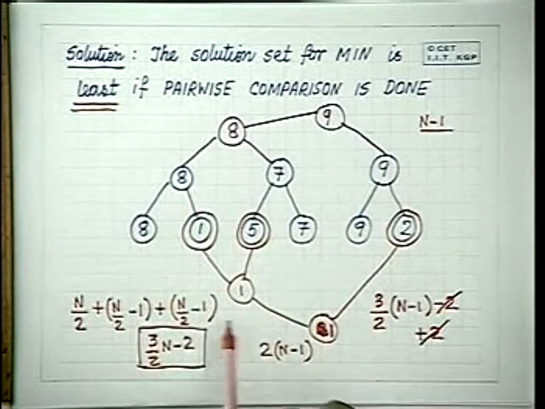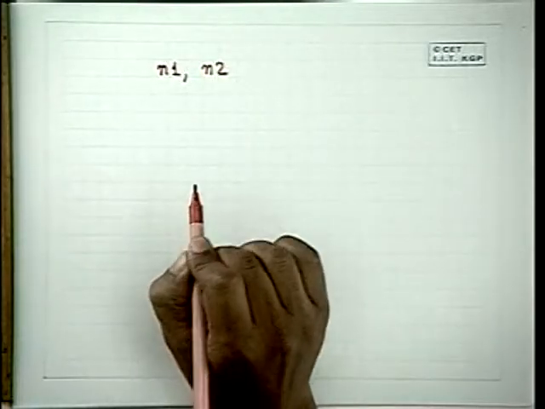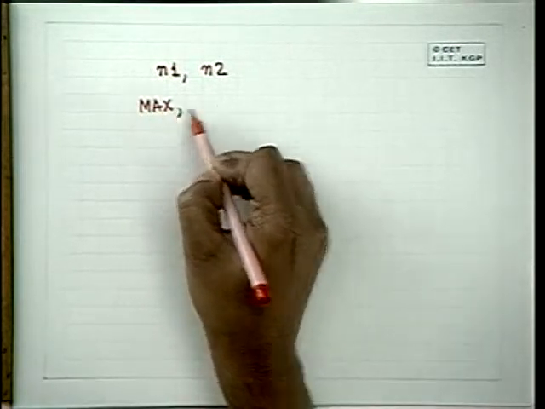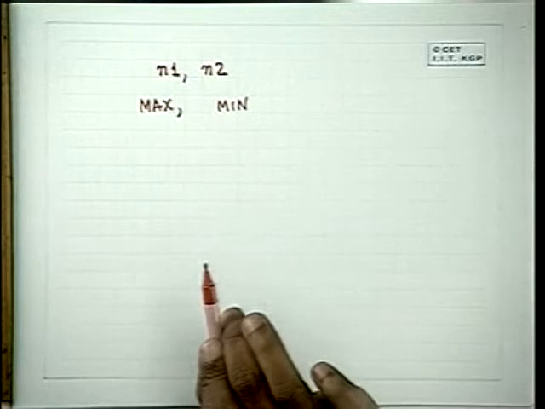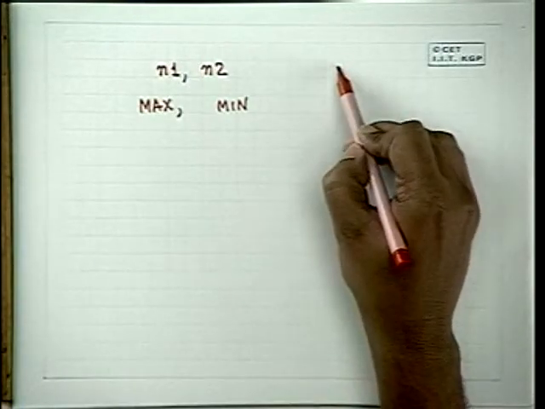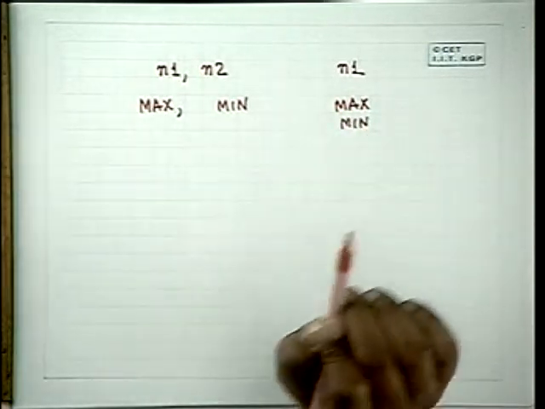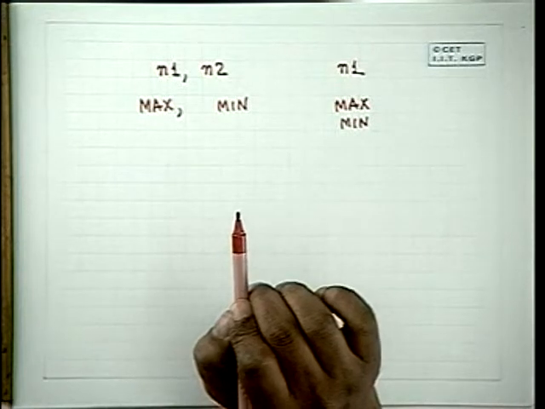So the second is that now we have got our conceptual data structuring, our conceptual algorithm, we have decided. Now we decide how we go and convert it to code. Converting to code is now no problem at all. We read in two numbers, n1 and n2, and you initialize your max and min by comparing these two numbers. If it's odd, you just read in one number and initialize max and min to that.